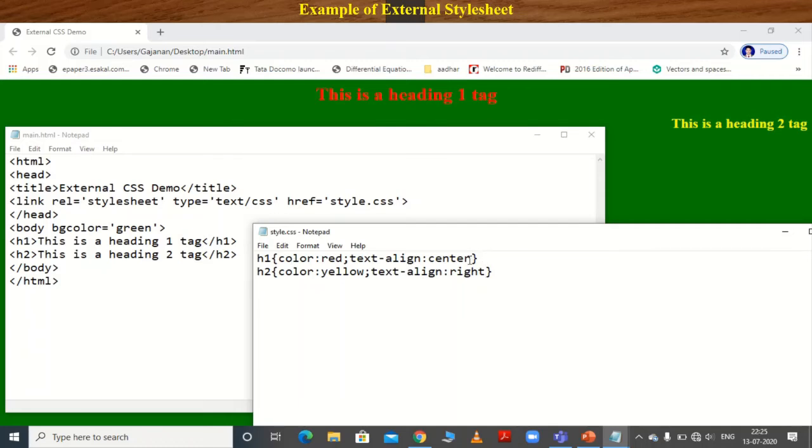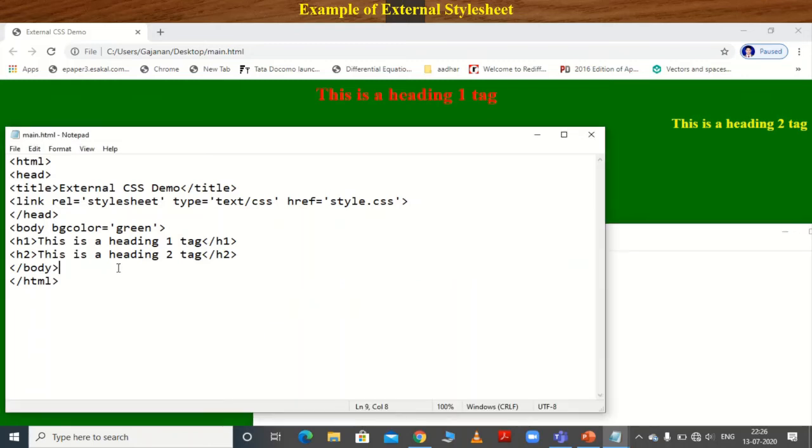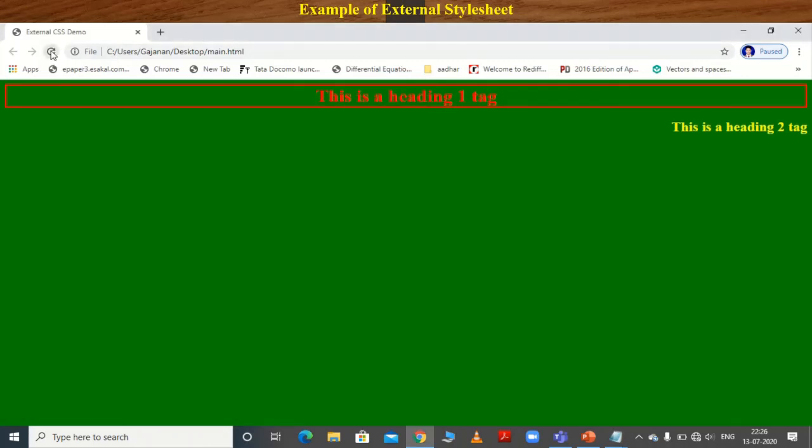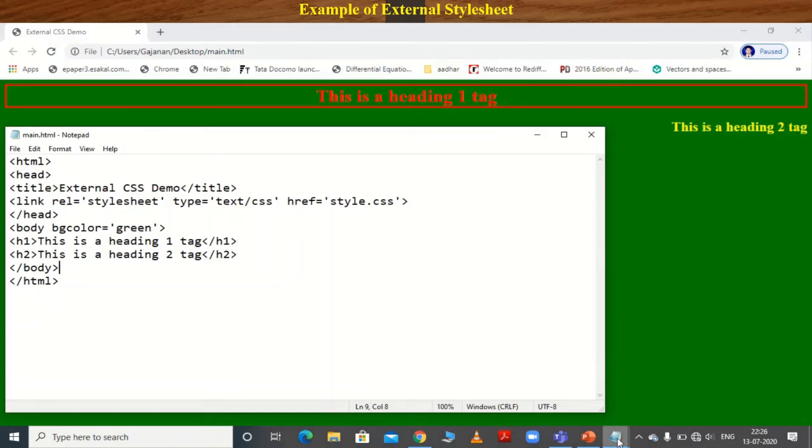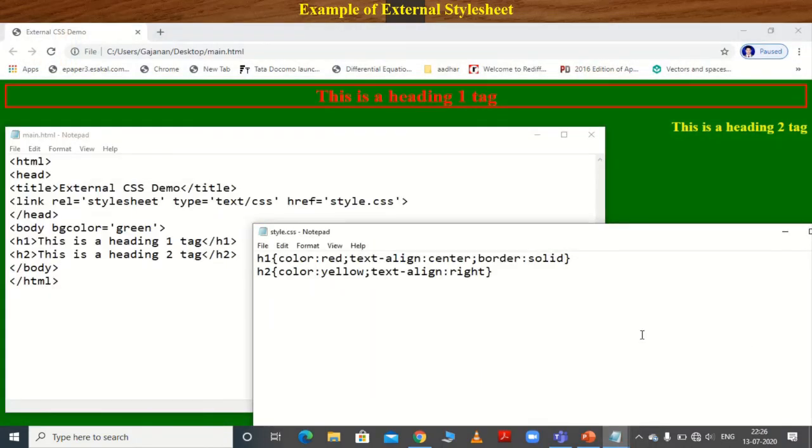Suppose I want to change the h1 tag properties here. Suppose I want to add a border to the h1. So how to add, which attribute to use here? Border attribute is used, and colon, suppose solid is the value of the border. Then save this document, you also save this one and execute this. So just observe here, one border is assigned to the heading 1 tag, clear, understand how to design this one, okay, clear.